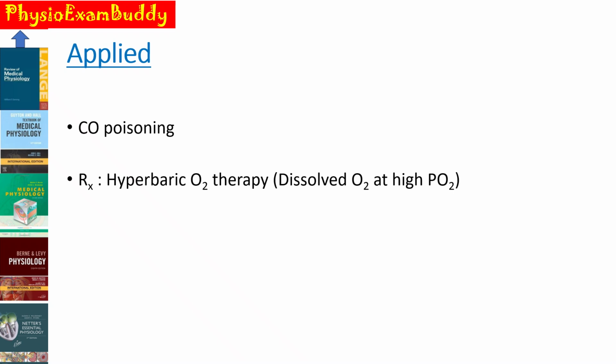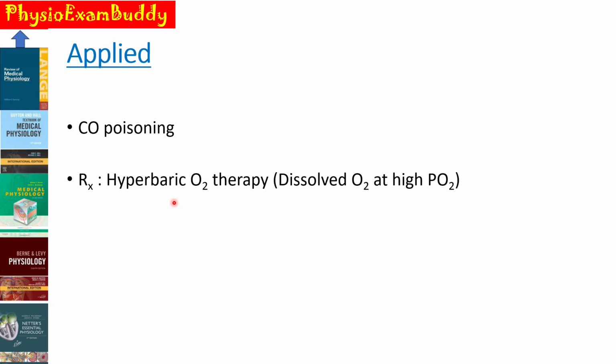Therefore, dissolved oxygen at high PO2 means hyperbaric oxygen therapy, that is, dissolved oxygen at the high partial pressure of oxygen. It is mainly used in clinical practice for the oxygenation of the tissues when the hemoglobin gets denatured in carbon monoxide poisoning. And this can be asked as a physiological basis question, and it is mainly based on